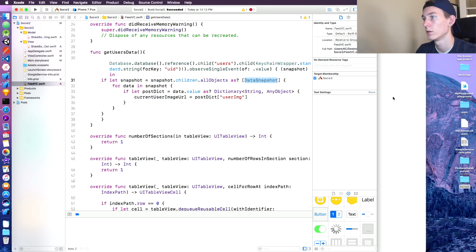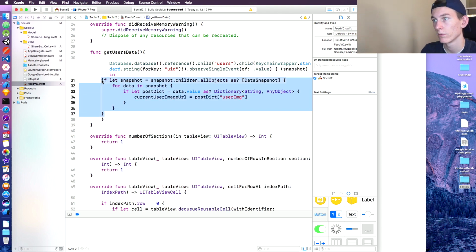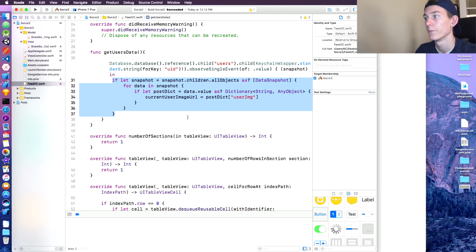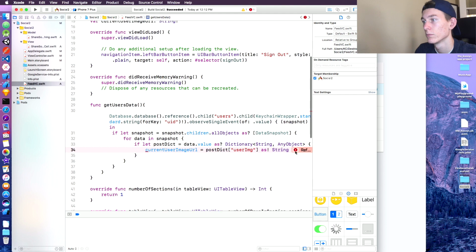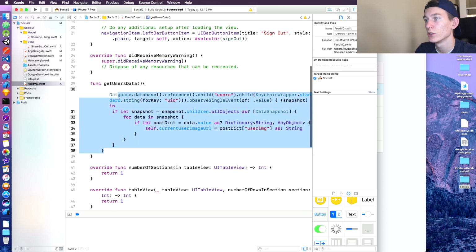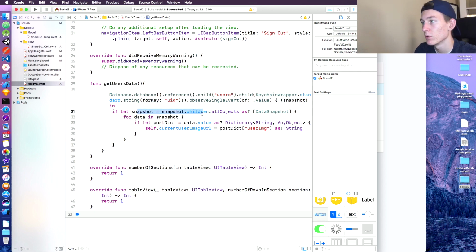Data snapshot now. Okay, so this is basically all we need here. I guess we can indent this one more time. Oh, the other way. Okay. And then we have a little error here. Add a string. Perfect. Gotta say self. So basically here all we're doing is calling the current user. We're going to users and we're going to the user's ID. Then we're getting a snapshot and we're taking the children of that snapshot and we're putting it into